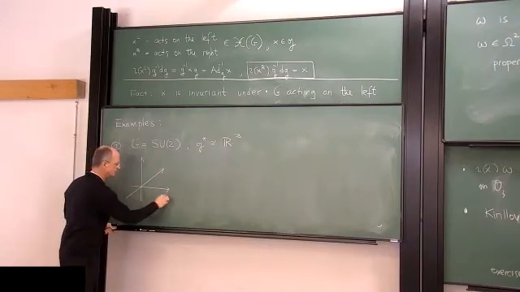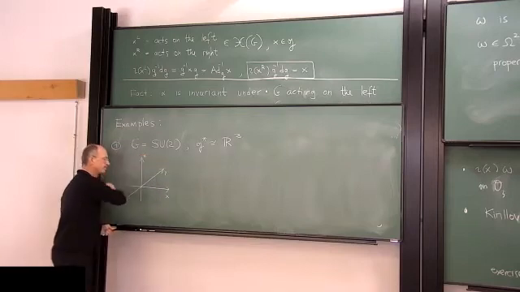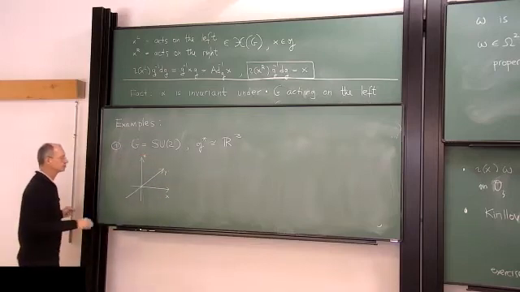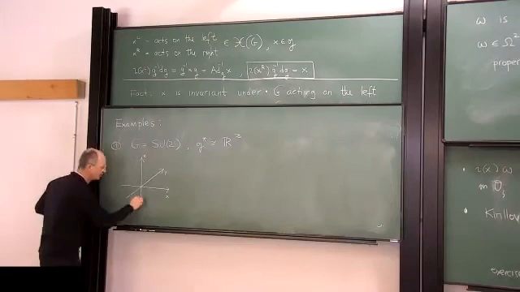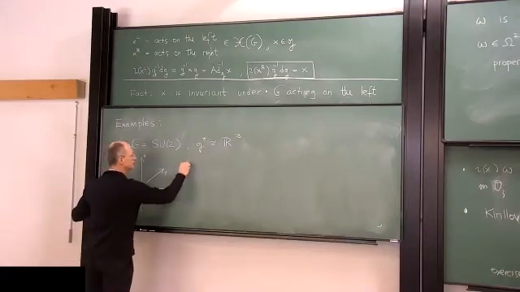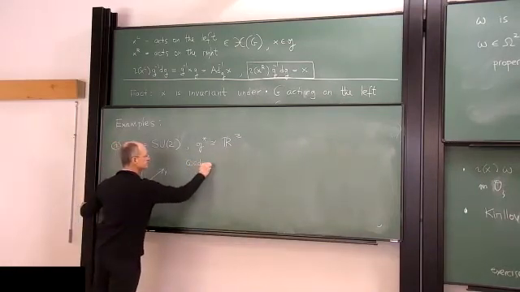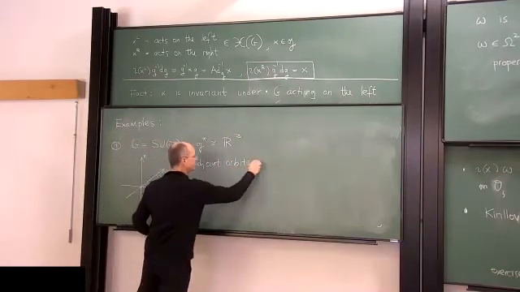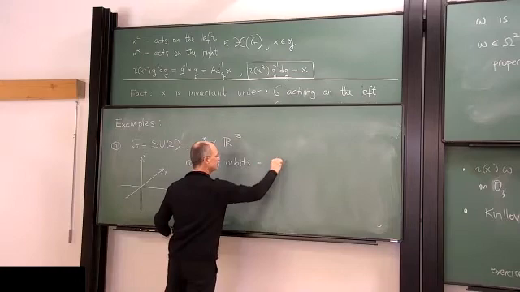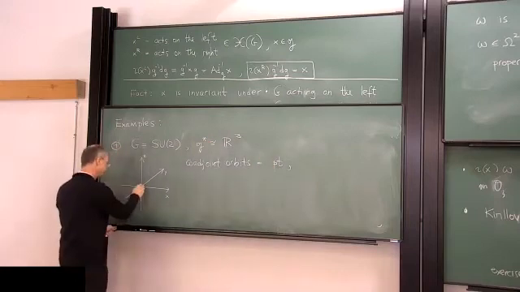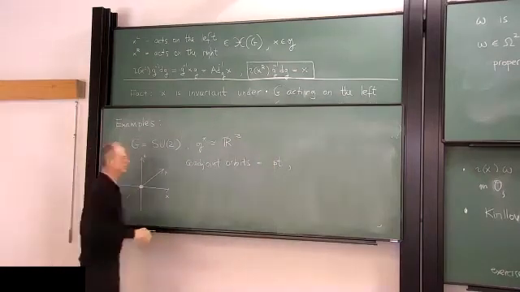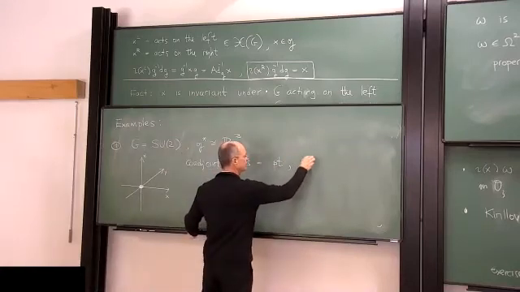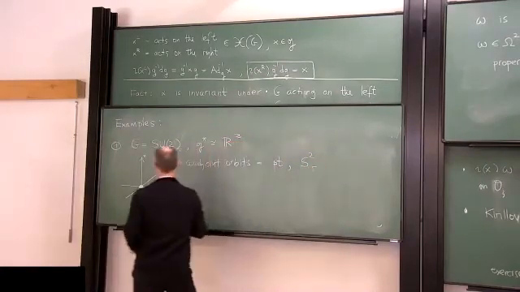We have this three-dimensional space with Cartesian coordinates, and then coadjoint orbits are, famously, the point at the origin, and then spheres